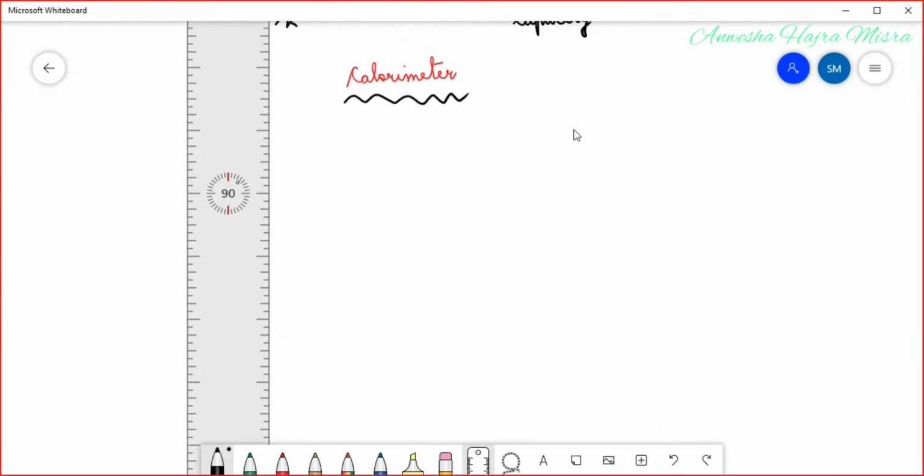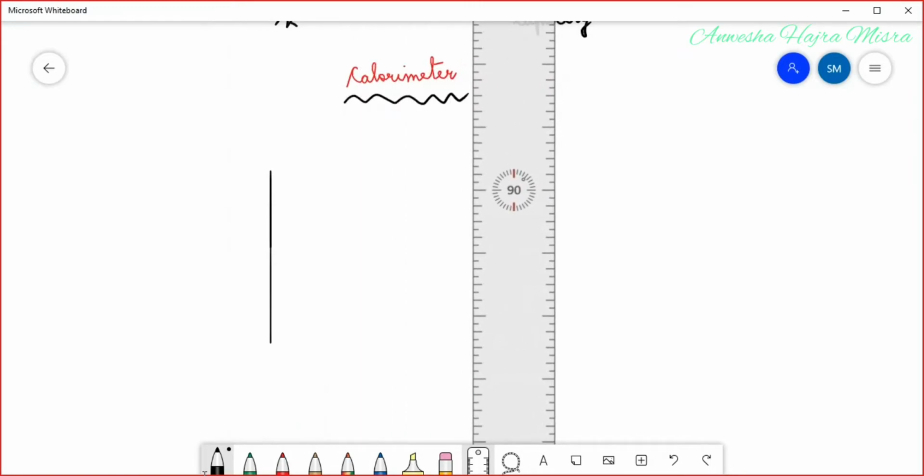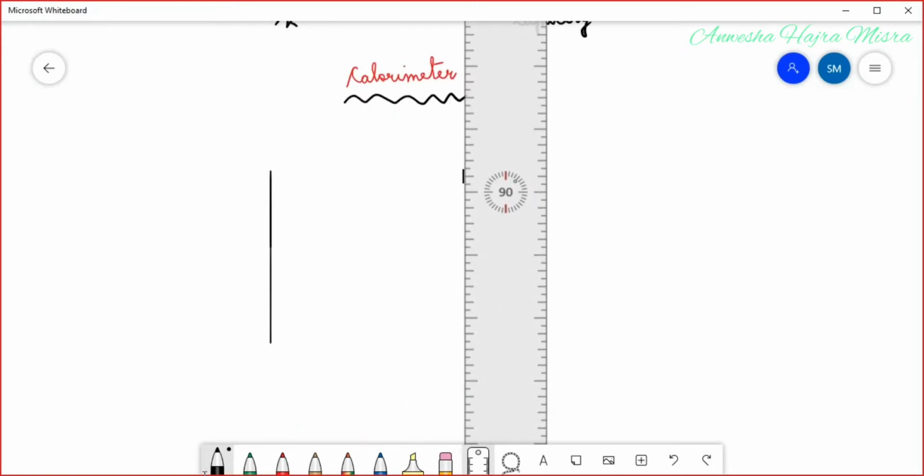Now this is a calorimeter. The inner wall is made of